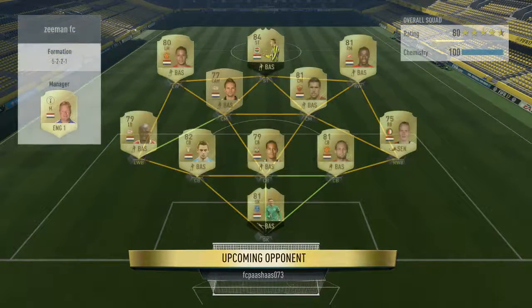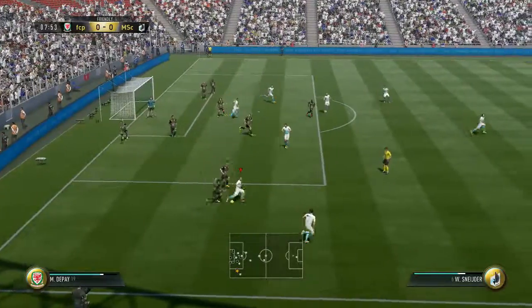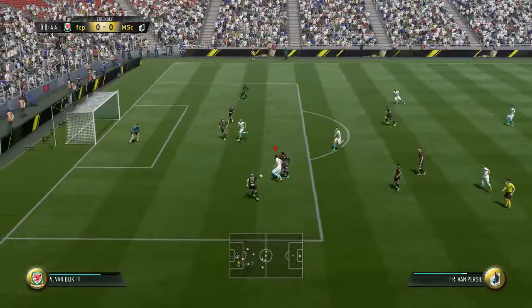The opponent we come up against, and I'm not kidding guys, was another full Dutch squad. He even had Koeman as the manager. A lot of the players were the same as well, plus he was using Van Persie's inform version up front. 8 minutes into the game, we get the ball with Van Persie, turn around the defender and score with a